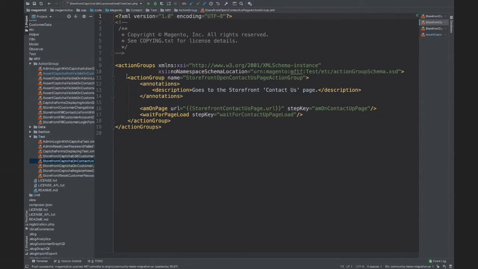In one single action group, they started to put open a page action. They started to put open tabs in product form. They put it there, fill all possible fields in this form, and in the same action group they had sign in, click save button, and a certain success message would appear. And everyone created those action groups so big, giant,